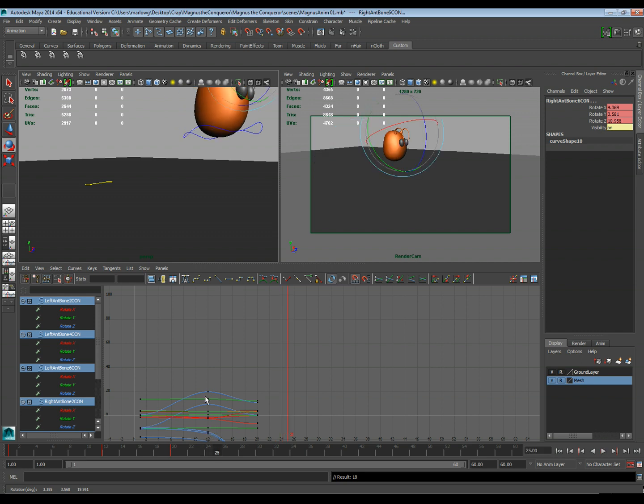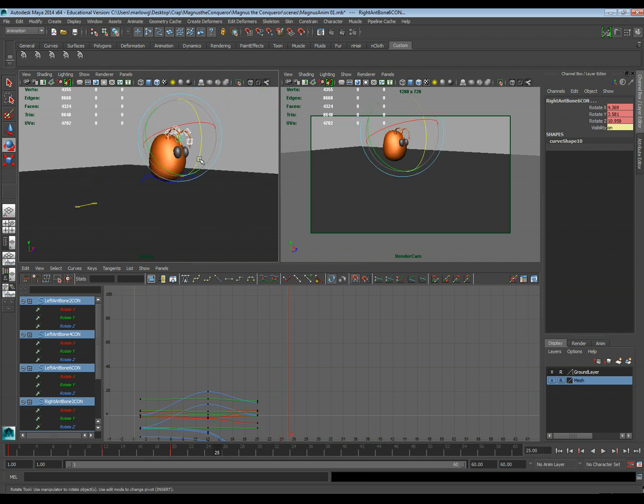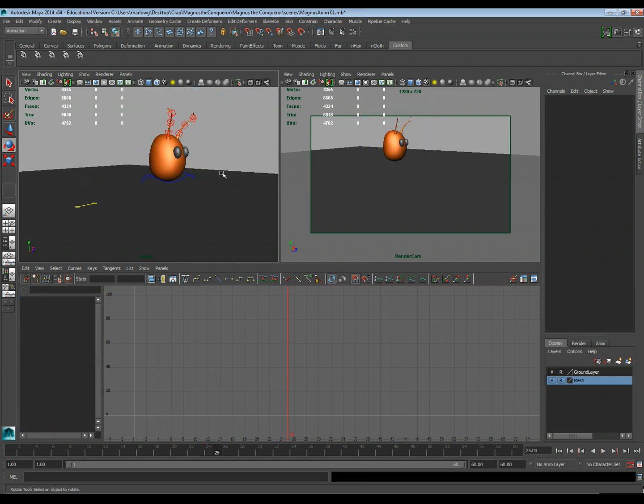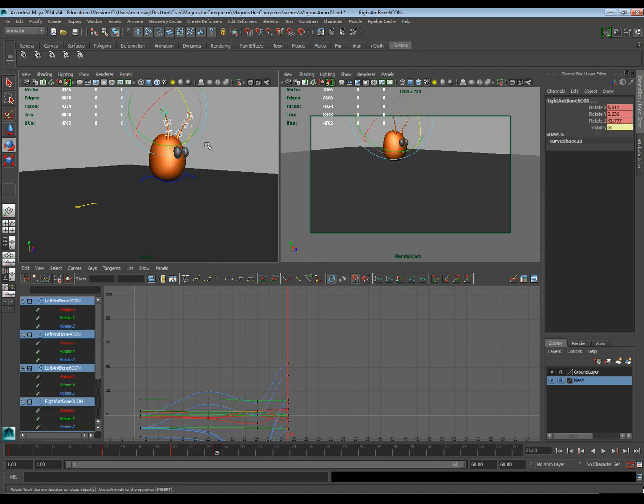Now as the character is coming back down from this jump, I want it to feel like it's dragging just a little bit. Maybe not terribly, just a little bit of drag, something like this. And so I'm going to go through here and just kind of